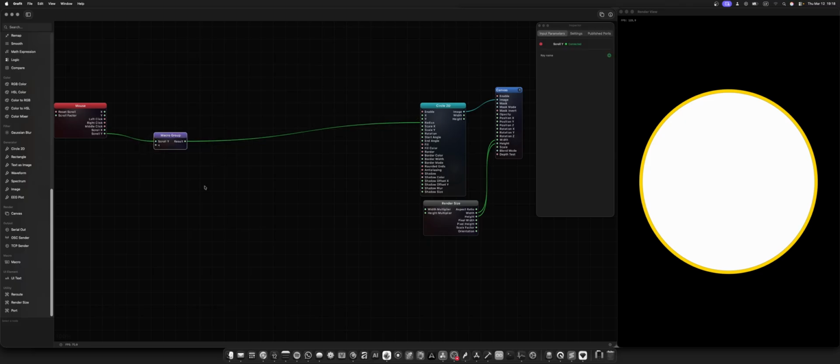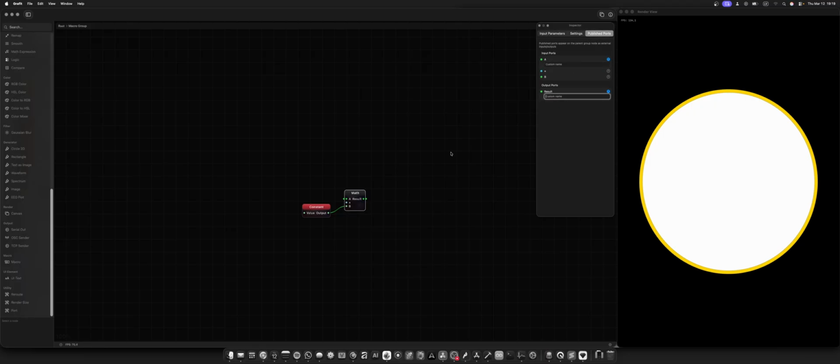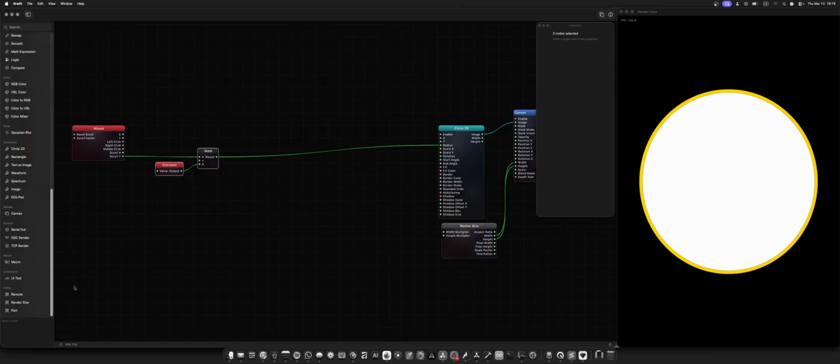So we can make a group, and it takes the input name and the result output name. Nice. We can go inside, and you can see there are little green dots at the ports that say this one is published. There is a published port, and you can see it with this blue color. Also you can set custom names for your ports. But we will go back with Command Z, and we will create, for example,